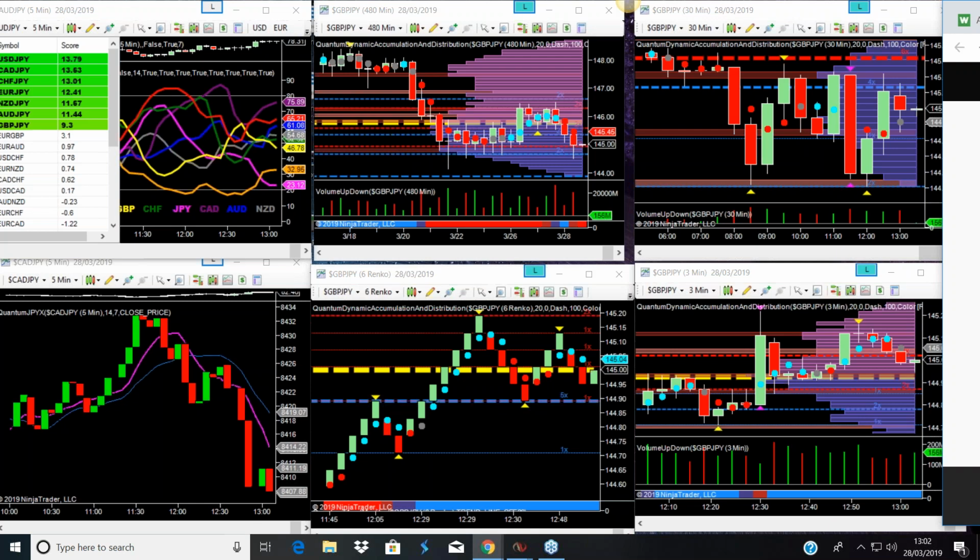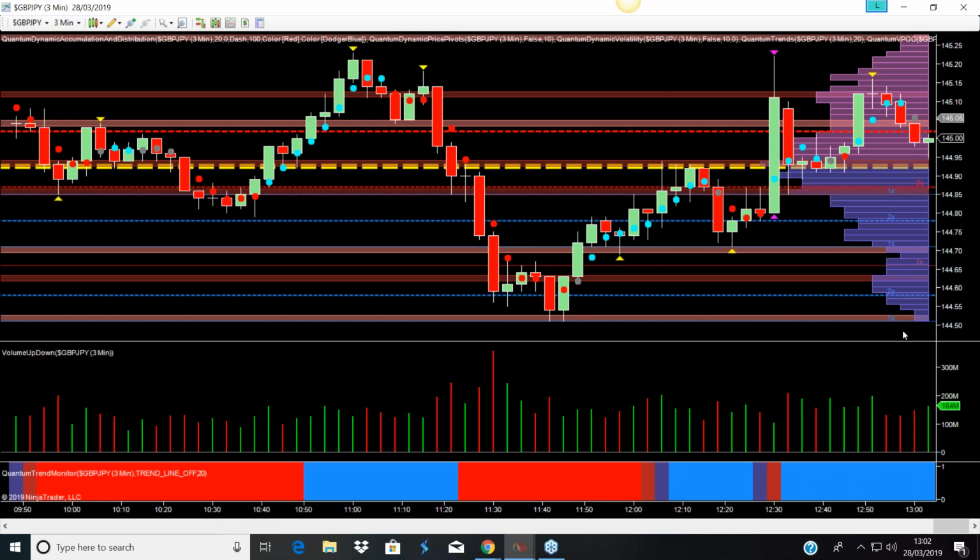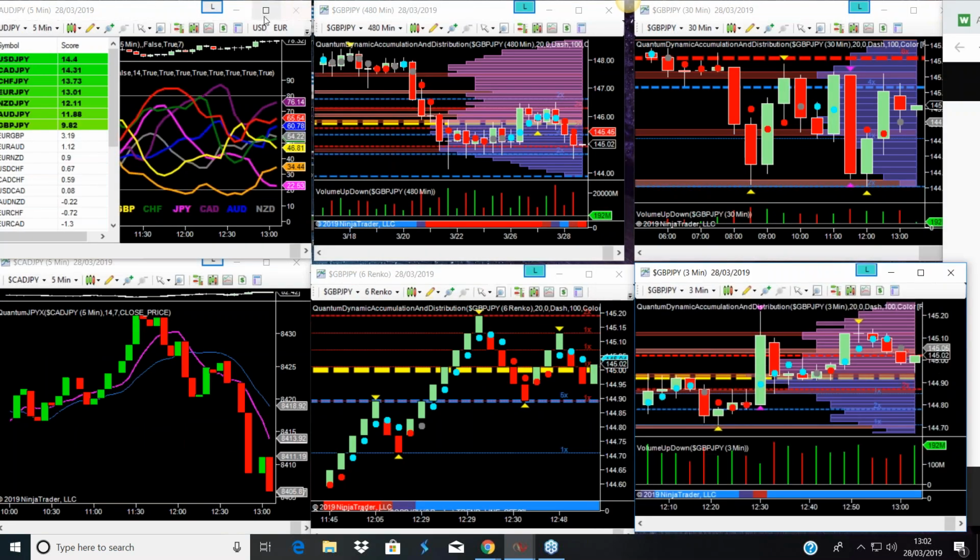At the coal face, as we say, when we're looking to take a trade, I've got the pound yen here, the 3-minute chart. I was looking at this move that we see here, and we can see the pull away from the volume point of control. We've got rising volume, and this really nice down candle with a lot of volume underneath it. But then what happens? You think, oh goodness, what's happening there? Because that looks like a really nice waterfall, and in fact, it also coincided with, let's move that right back, when I looked at the